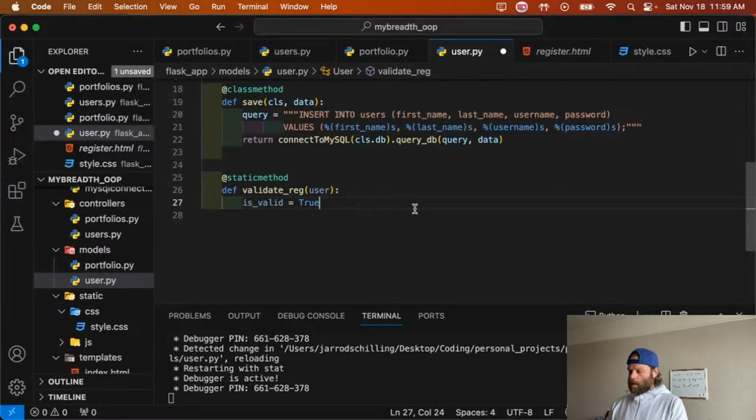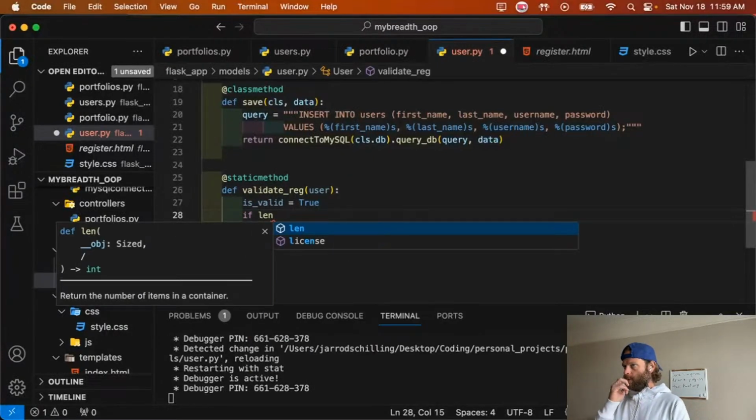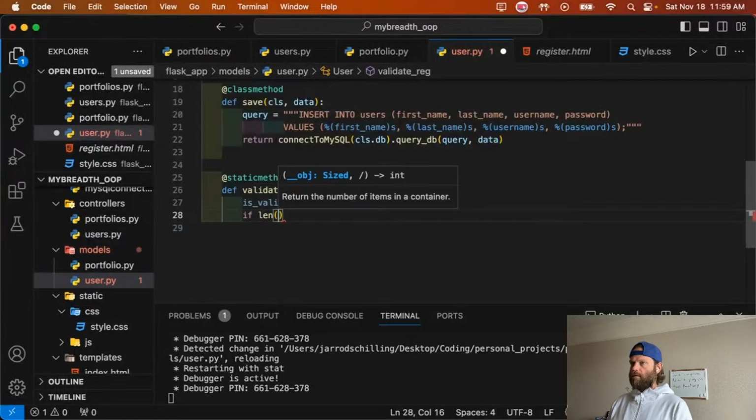Is valid equals true. So you can do something sort of like, I guess we don't want any fields to be blank, but if people want to use not a real name, that's fine. So maybe we'll just say it needs to be at least one character long. So if length of, I'm trying to think here,